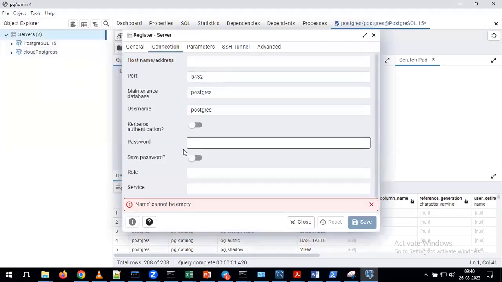Connection. Yes. Here, save password. Yes. Don't save the password. For example, if you are given the wrong password and you want to change the password, it will again take a good amount of time. That's the reason don't click on save passwords or anything. Just give the password, click on save. That's it. Okay.